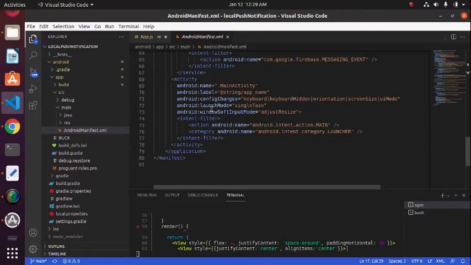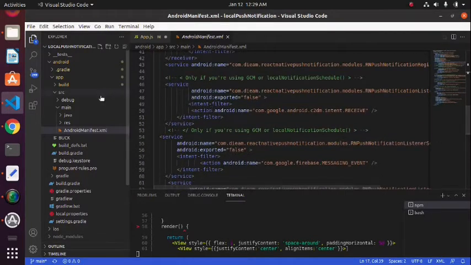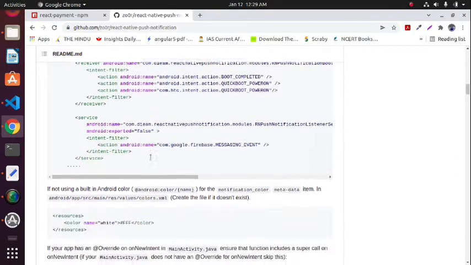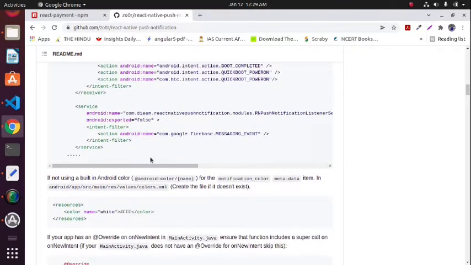Now let's move to the next part. One more thing you have to do here, in your android, main and res values, you have to add this file colors.xml. It will not be present in your project.